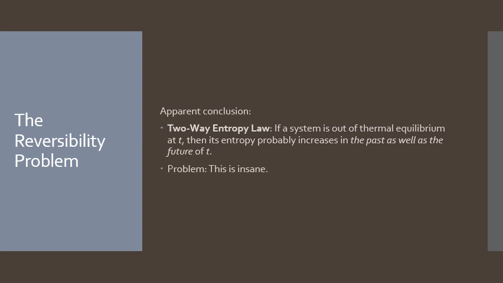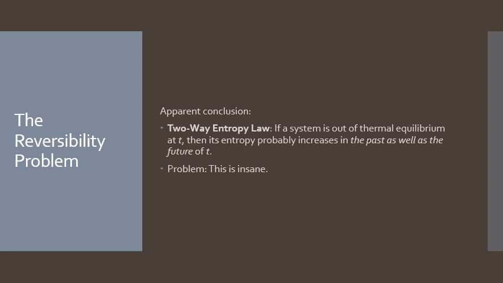Okay, if the two-way entropy law is correct, you should expect that the history of that rock is also a mirror image of that. So the history of it is probably it was sitting on the ground for a while, and then molecules far away started kind of moving towards where the rock is, right? And so this is like the time reverse of the energy being dissipated as heat, right? And just coincidentally, a whole bunch of molecules in the ground happened to be on trajectories that would lead them to hit the bottom of the rock at a particular time and knock it up into the air. And that's probably how it got into the air.